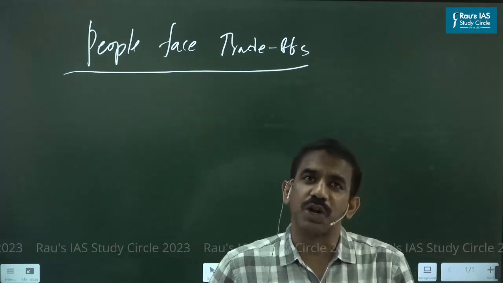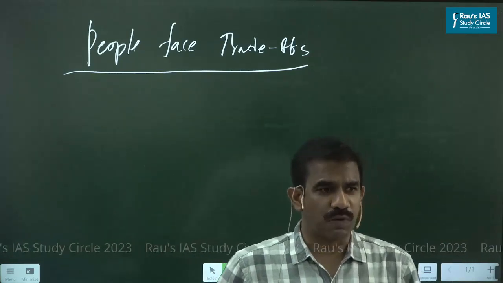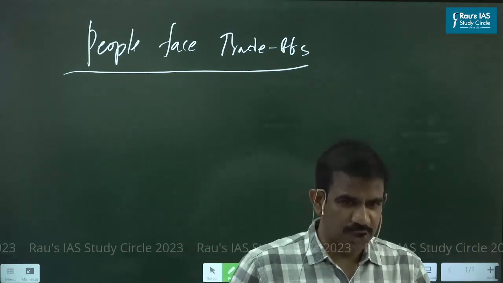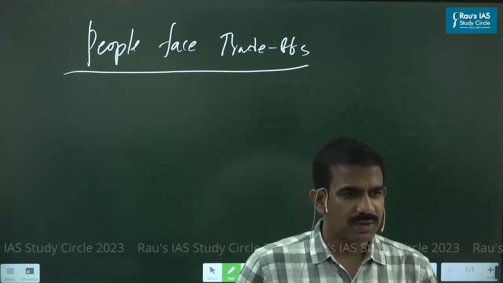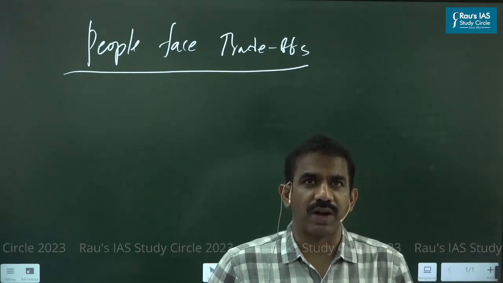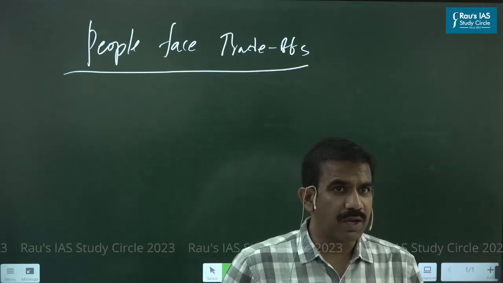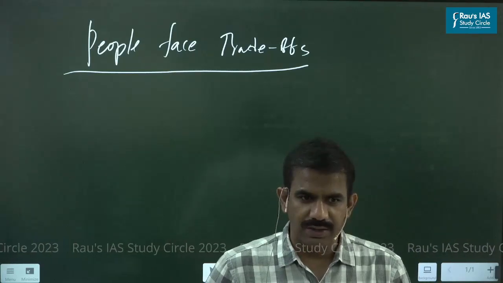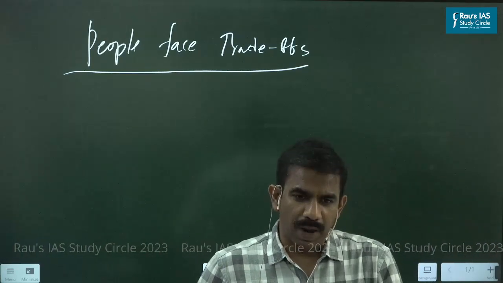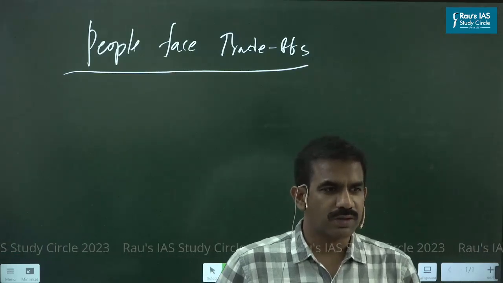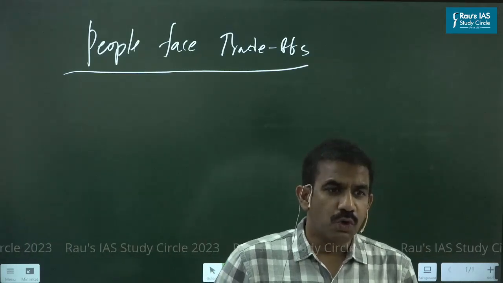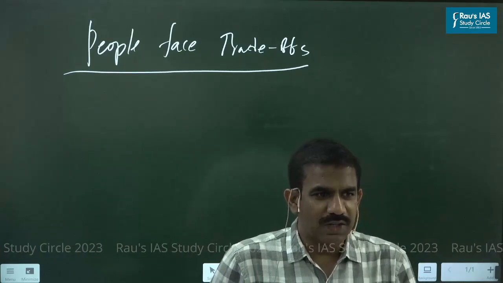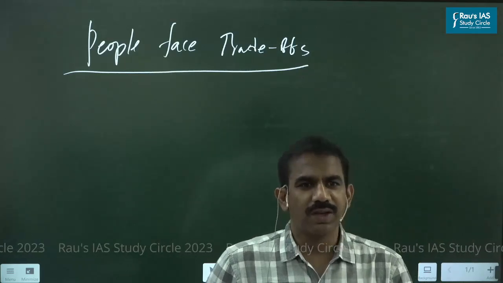So people face trade-offs, no matter whatever the profession or situation. Let's say you're a farmer and you have a given piece of land, 5 acres. You choose to cultivate paddy. That means you cannot cultivate sugarcane at the same time on the same parcel of land. Either you choose paddy or sugarcane. You could go for organic or inorganic cultivation, but not simultaneously because they're mutually exclusive. If it is inorganic, it cannot be organic, and if it is organic, it cannot be inorganic.